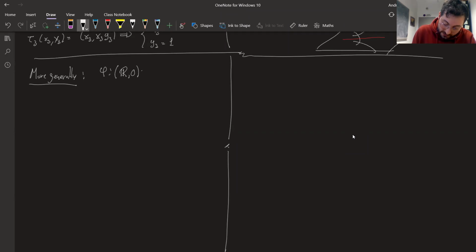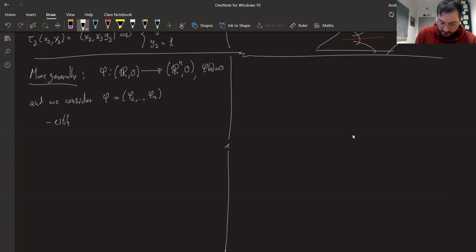If we look at a germ from something of dimension 1 to dimension n, so in particular phi of 0 is equal to 0 according to the germ notation I just used, and we write phi as the entries phi 1 to phi n, then of course either phi is constant equal to 0, or apart from a change of coordinates, actually just reordering the indexes, we may suppose